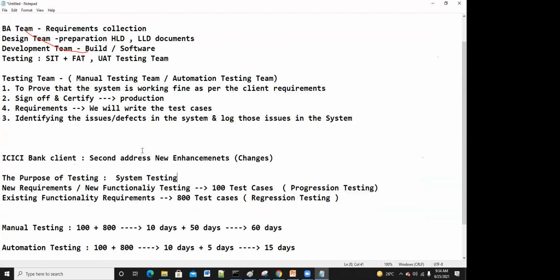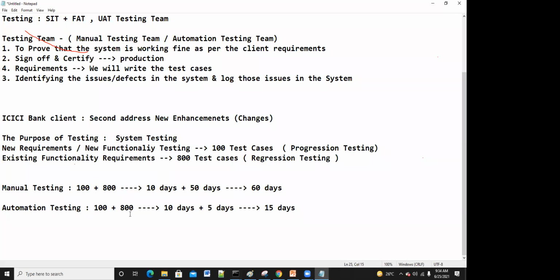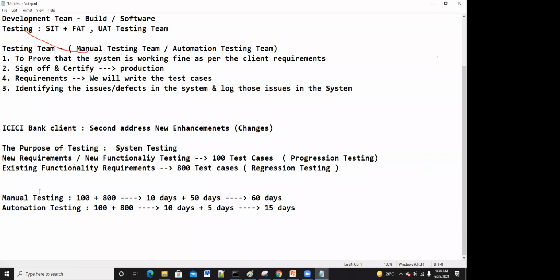So that is the importance: the purpose of automation is to automate the functional test cases. The functional test cases will be written by the manual testing team. If those progression and regression test cases are automated, that's it, that is the solution. So that is the importance. In every software, automation testing is mandatory. Whoever is surviving on the manual testing team, companies are forcefully asking them to learn an automation tool.